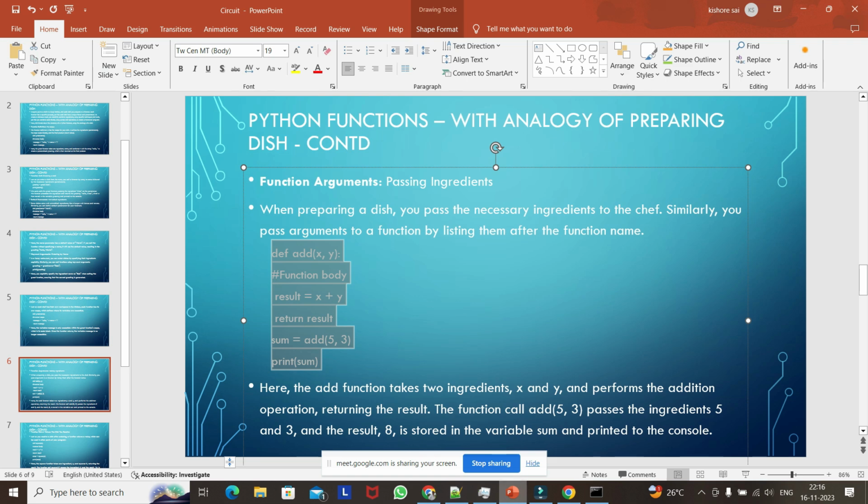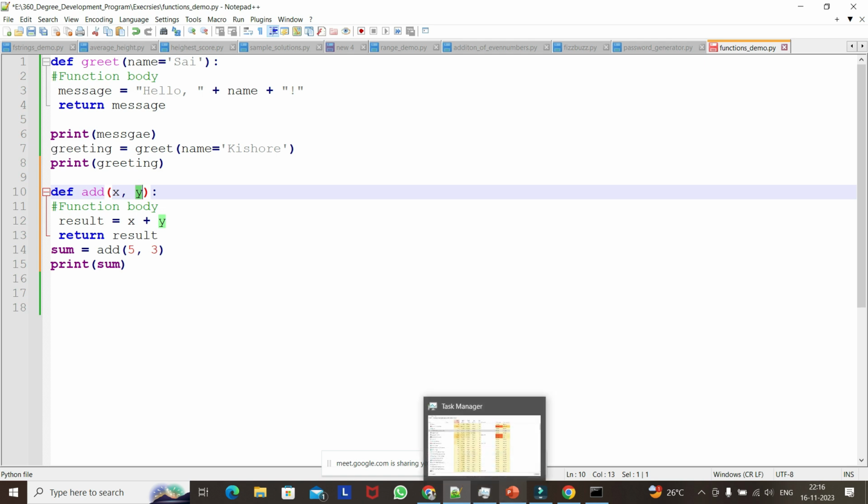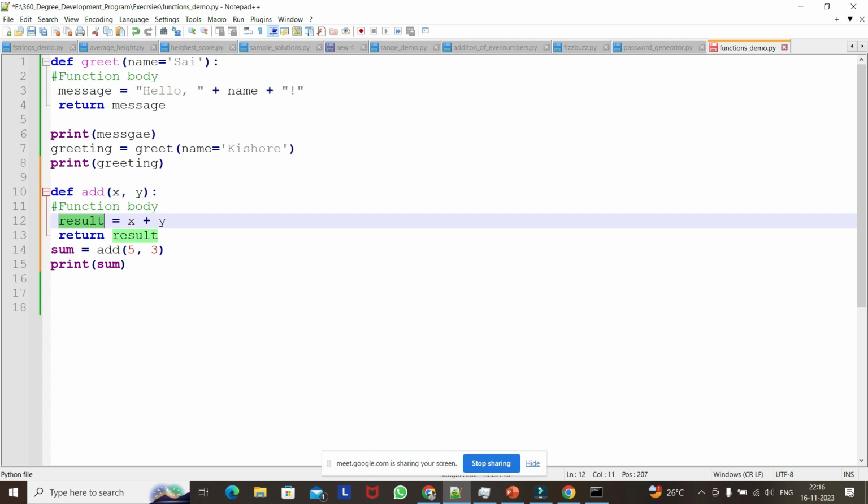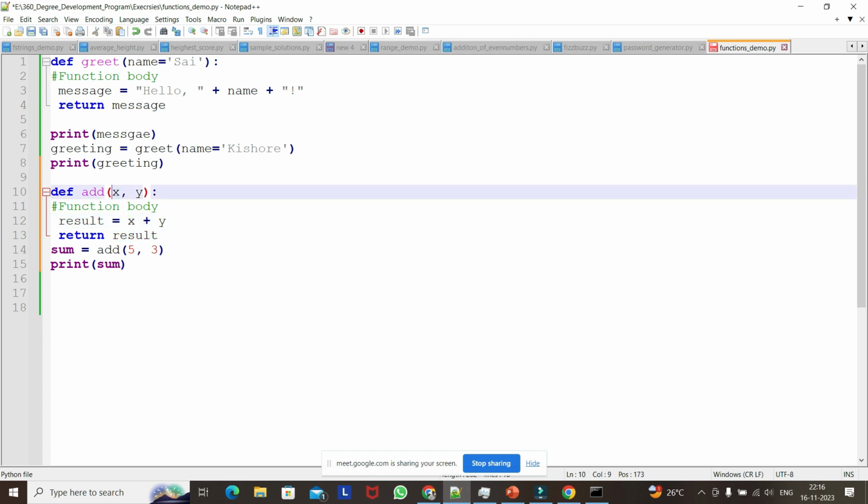While preparing a dish, we have to pass the necessary ingredients to the chef. Similarly, we have to pass the necessary arguments to the function so that it will work. So we are defining an addition function where the result will be x plus y, and then we are returning the addition result